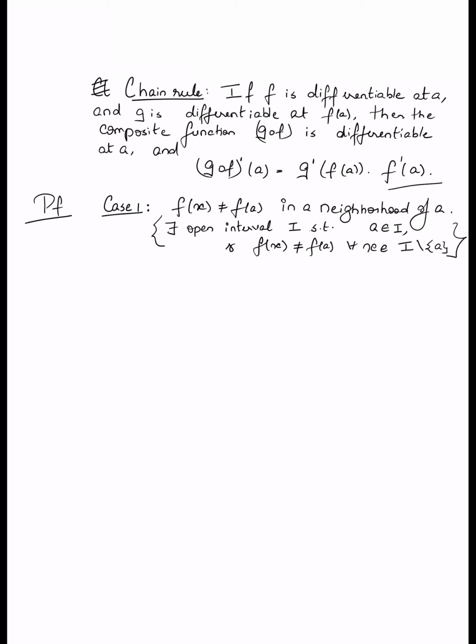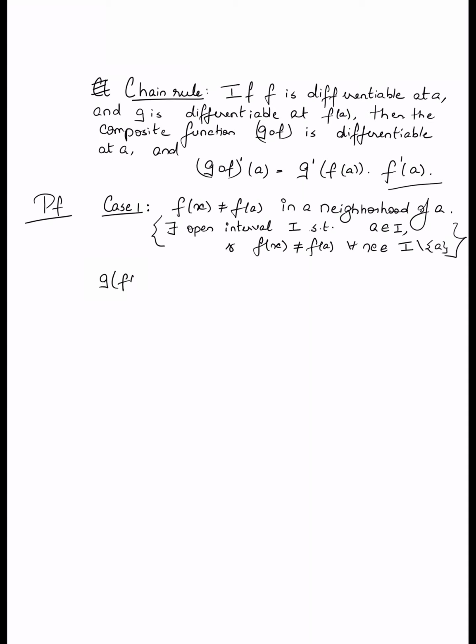Right? So except for a, there is some neighborhood around a where the function value actually deviates from f of a. The reason why you can do what this assumption allows you to do is that it allows you to multiply and divide by f of x minus f of a when I'm studying the derivative of the composite function. Okay. So in particular, under this case, we were to characterize the derivative of the composite function, we would have